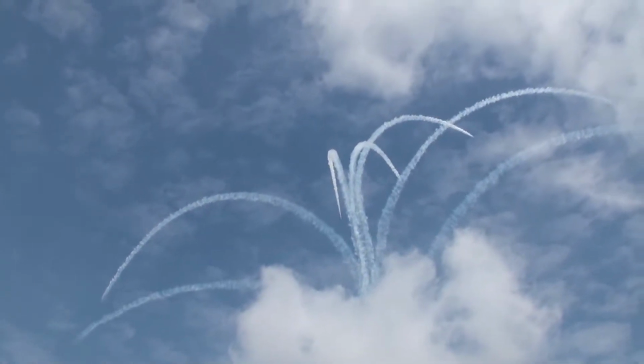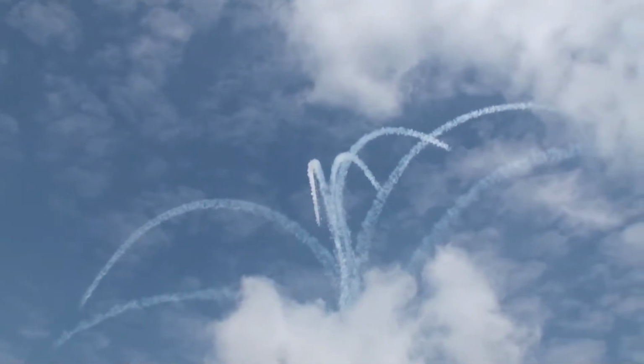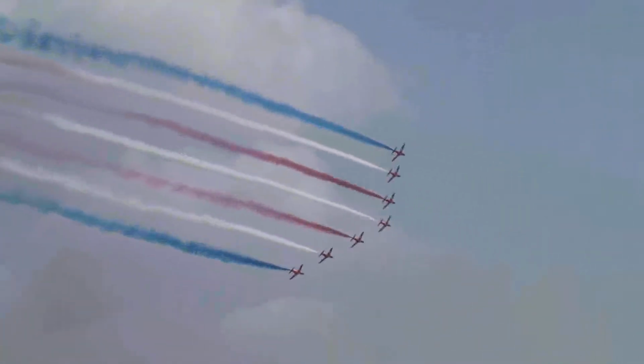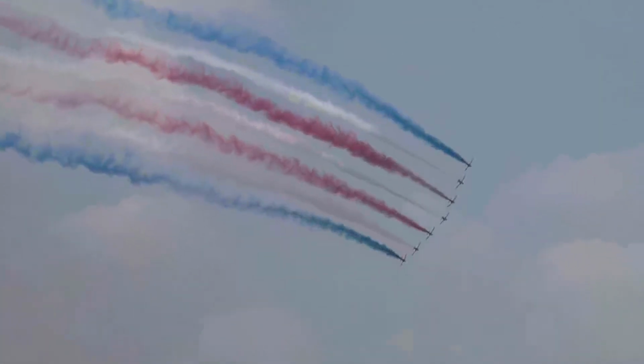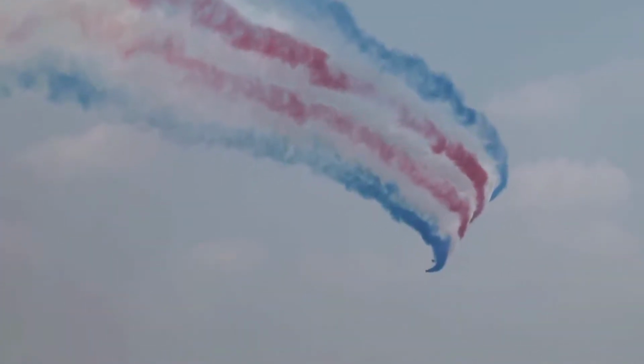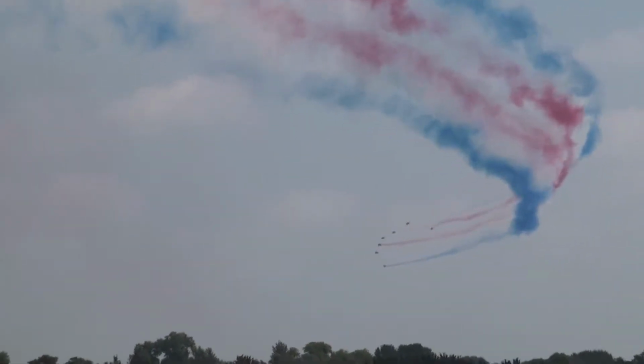Red 6 and 7 down low with the coloured smoke changing to white. On the left is Red 6, on the right is 4, ready to bend off to our right-hand side and make room for the next maneuver. Synchro smoke on, go calls Red 6, look left and right again as the white...